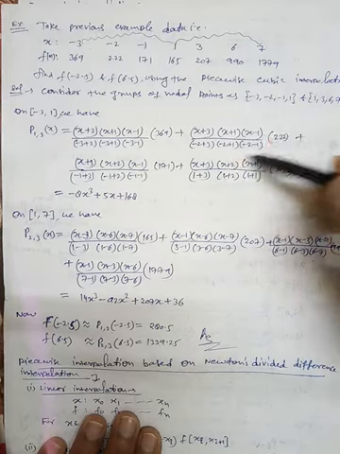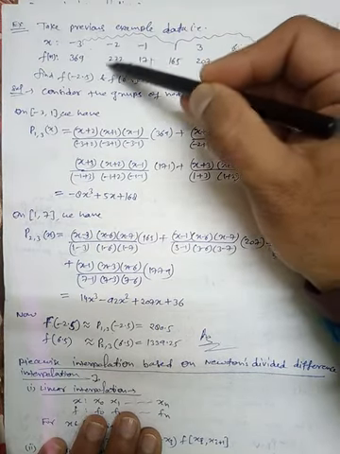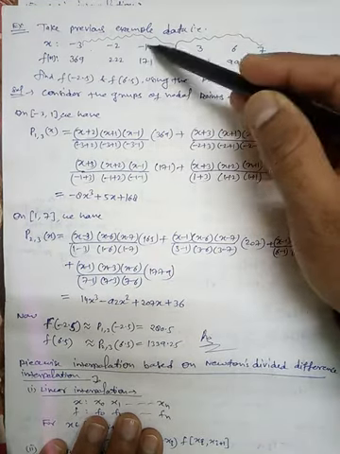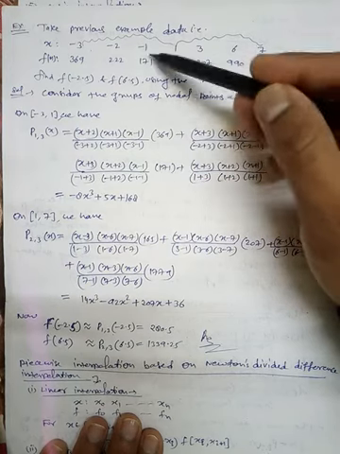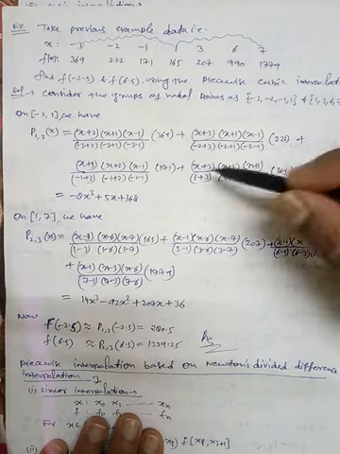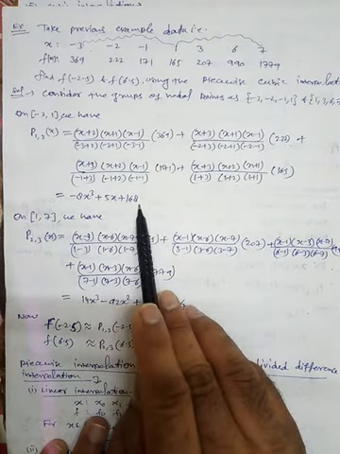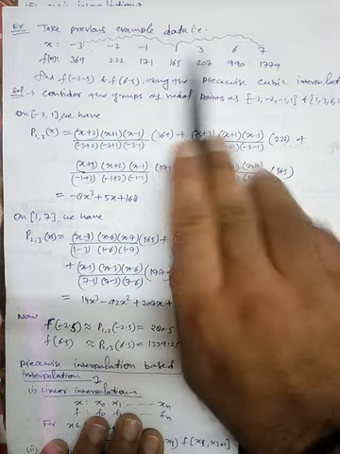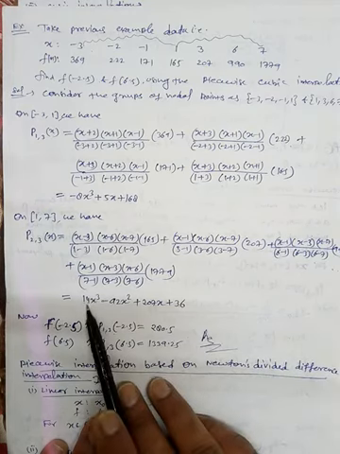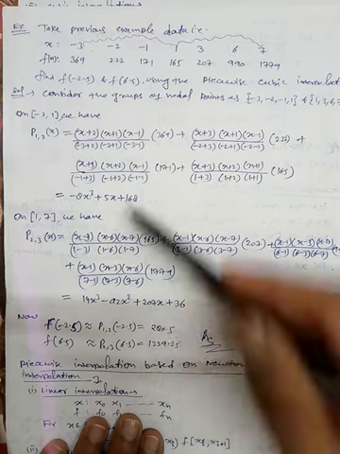Similarly, this is the fundamental polynomial for minus 2, multiplied by the function at point minus 2, which is 222. Similarly, this is the fundamental polynomial for minus 1, multiplied by the value of the function at minus 1, and then similarly the last one. So this is the first polynomial, which is minus 8x cube plus 5x plus 168. Similarly, for the second polynomial from the interval 1 to 7, we have this calculation, and after solving we get 14x cube minus 92x square plus 207x plus 36. So we have 2 polynomials.